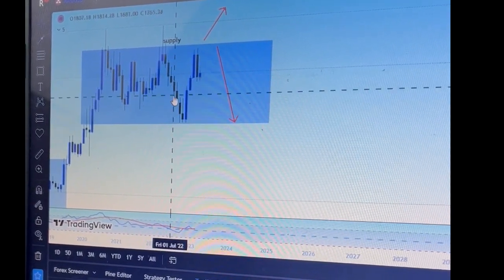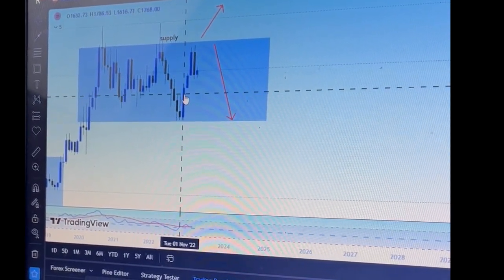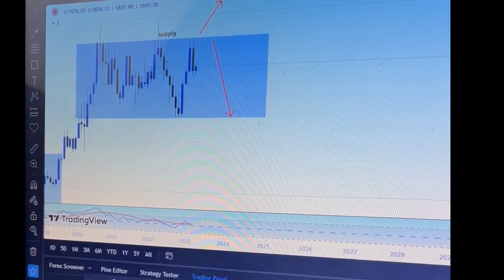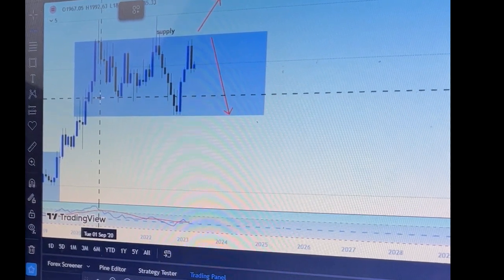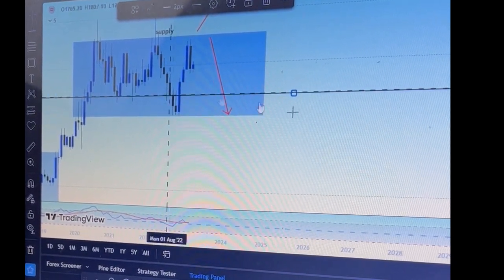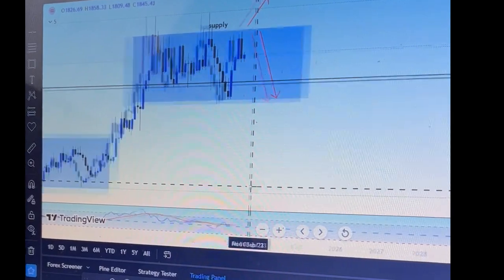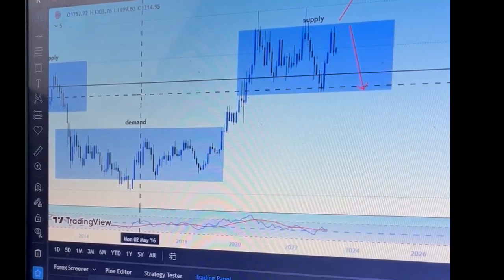When it came there, wicked off. When it went below it, it wicked off of there, and then it broke through. So I will also assume that this is a good neckline for price to come revisit, because they tend to push it away from there, right? So that's on the big scheme. All right. Now, within